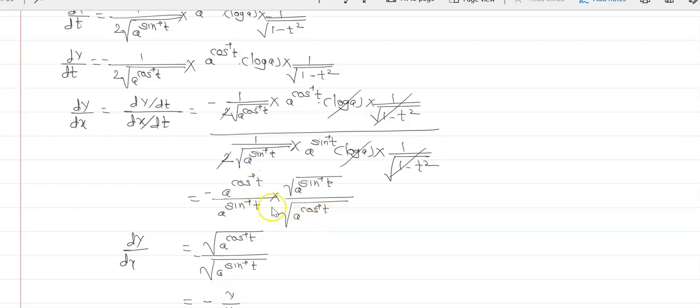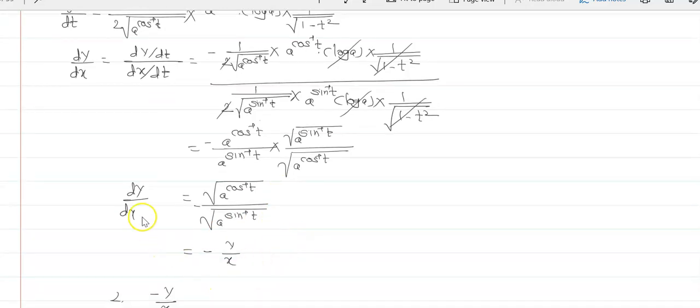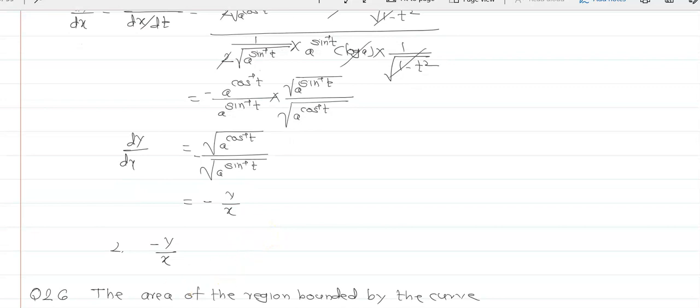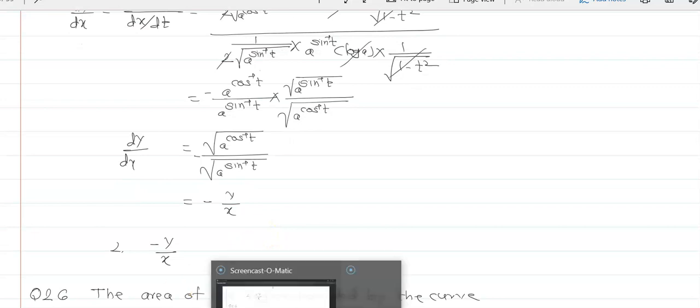Now this root, and this is the first power, then you will get root of this quantity upon root of a sin inverse of t, and that is nothing but dy by dx is equal to minus y upon x. Option 2 is the correct one. Now the next is